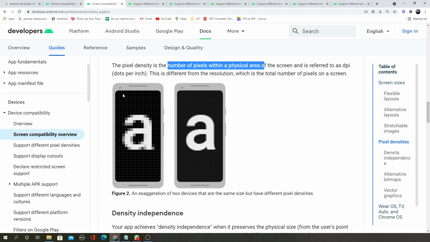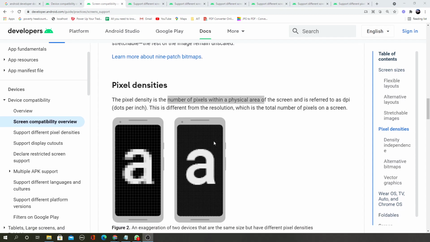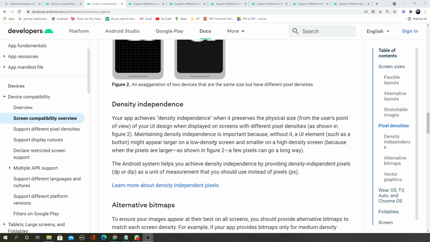So the pixel's individual space is large, and that is why you see this kind of output. But if you have more pixels in a physical area, then it looks more sharp, like in the second device over here.